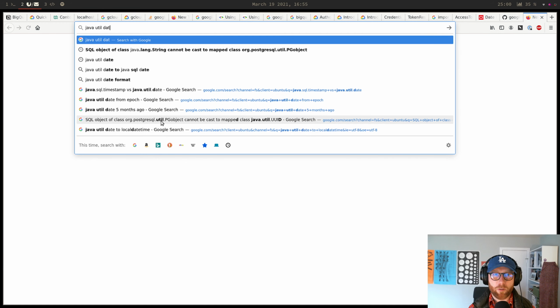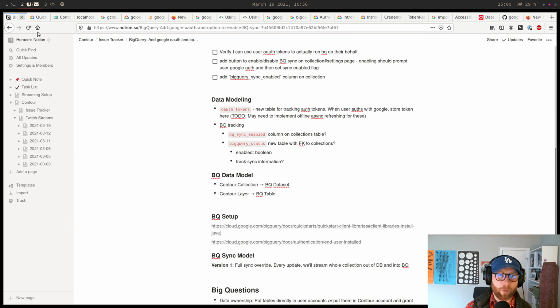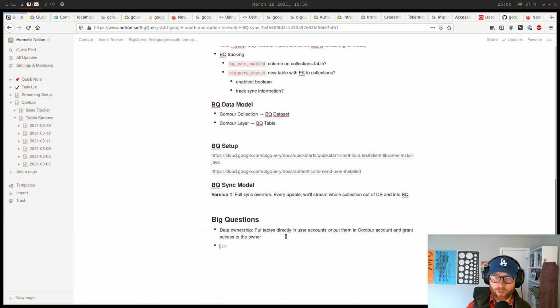Java util date. I actually don't know the expiration time. I probably will need to store that on the thing and do some stuff. Actually, I should add that to my note of big questions: refresh tokens. I'm storing OAuth tokens to use offline